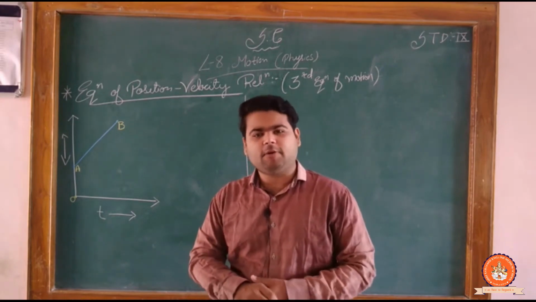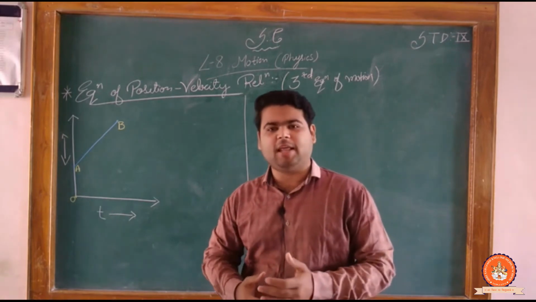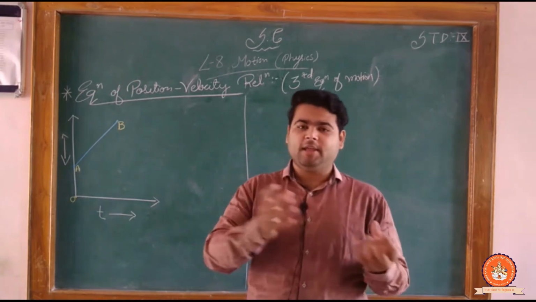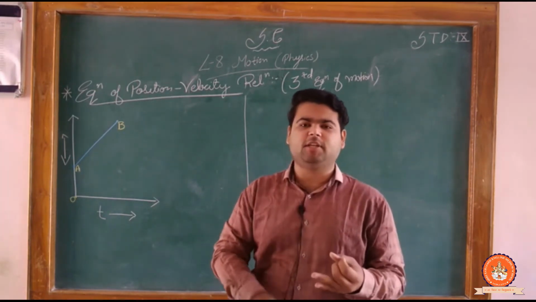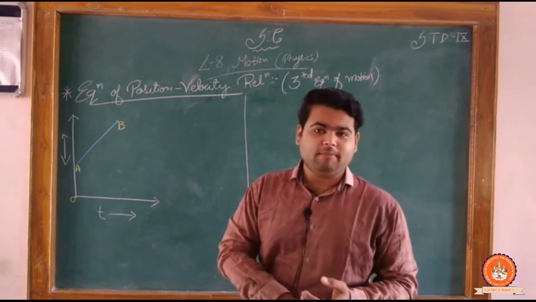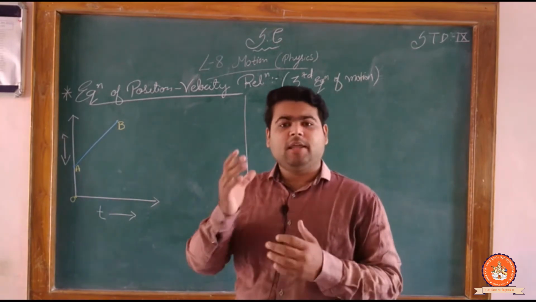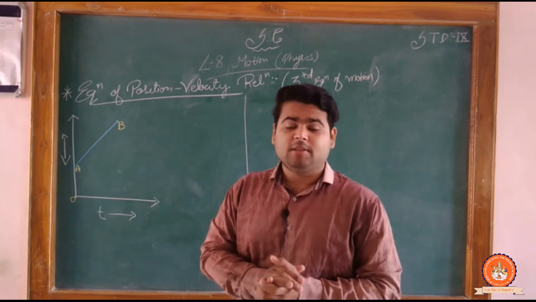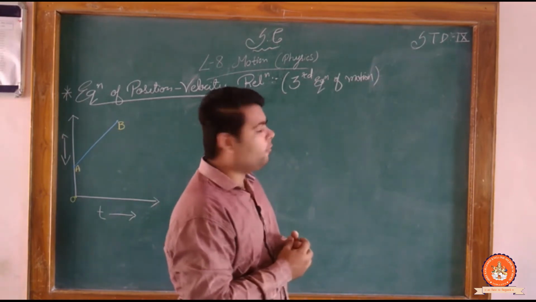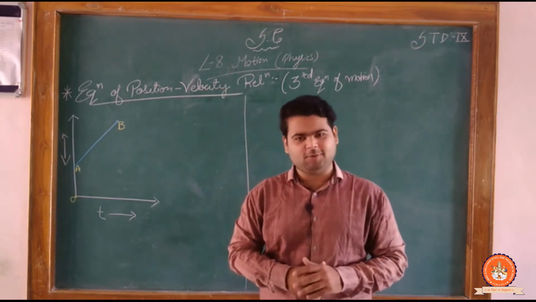In the previous lecture, what had we studied? Let's recall. We studied many things: physical quantity, scalar and vector quantities, displacement, distance, velocity, speed, acceleration, uniform velocity, non-uniform velocity, and the graphical method. Now we are going to start the equations of motion with the graphical method. The first and second equations of motion we have already completed. If you have not seen the video, go to the playlist and watch it.